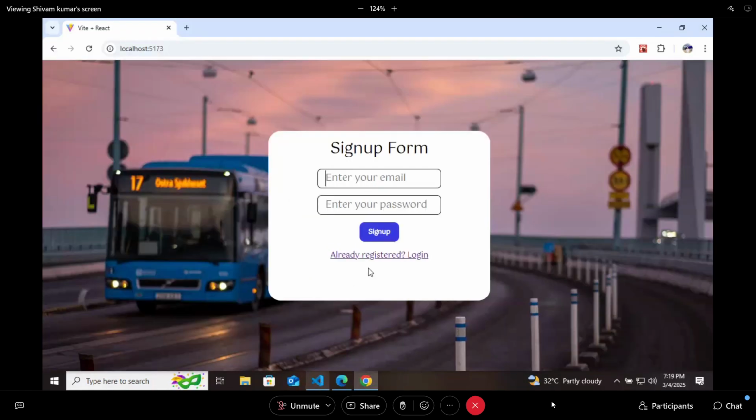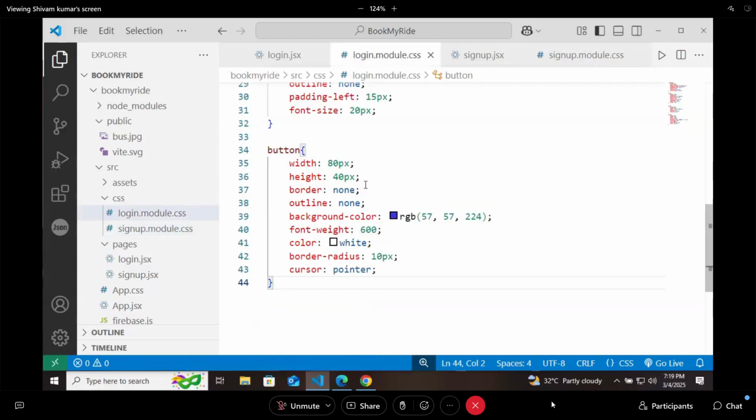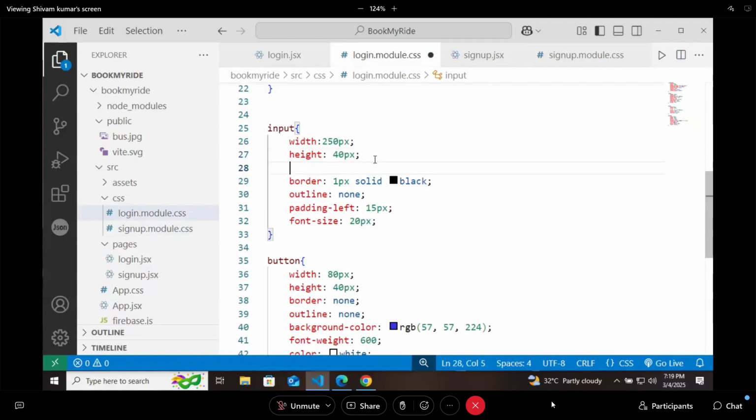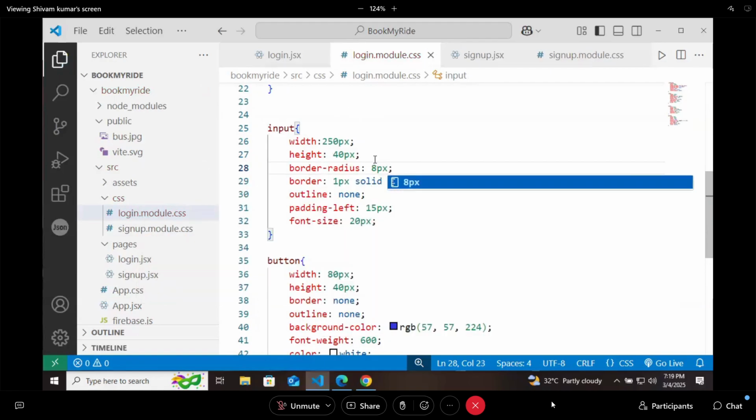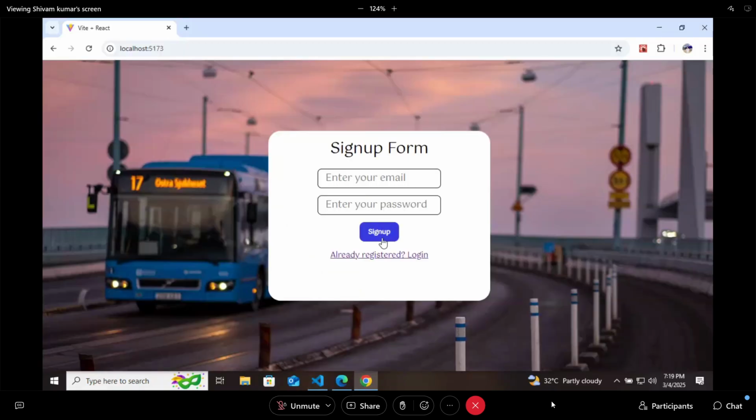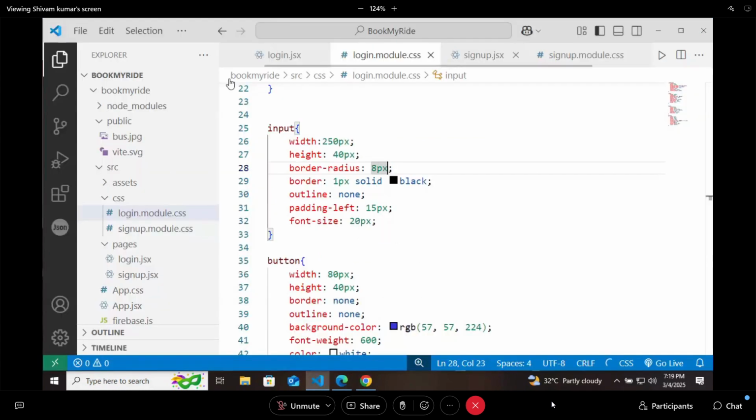Same thing I will give in the login module as well, to the input tags, a border radius of 8 pixel. So the login page and the sign up page are both having the same sort of styling. Yesterday, we just created this front end part. If you remember,